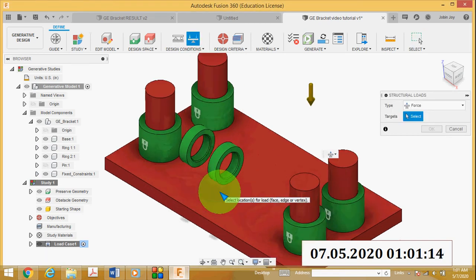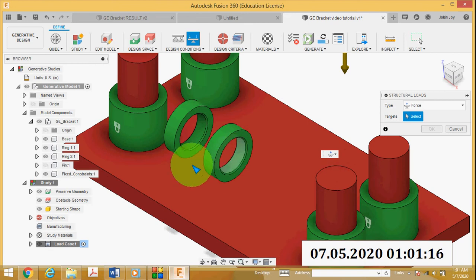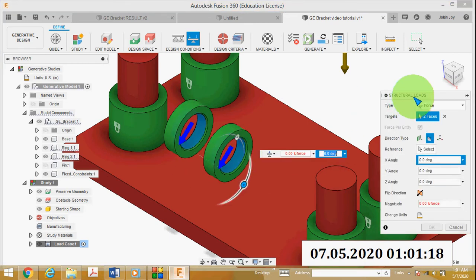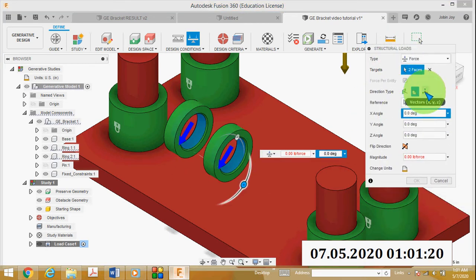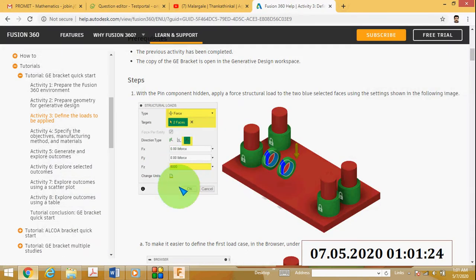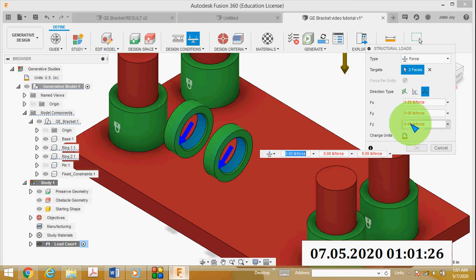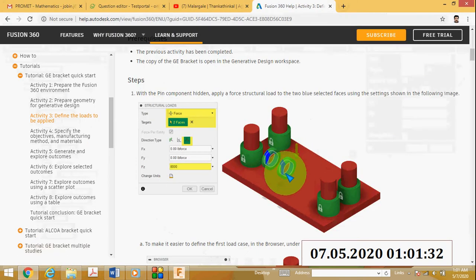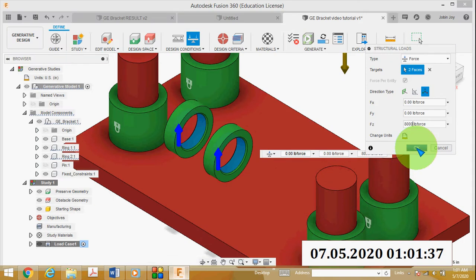As per the tutorial, I will select these two faces, then select the vectors x, y and z. Then what is the value of Fz? I will enter the value of Fz as 8000. You can see the arrow pointing upwards. Then click OK.